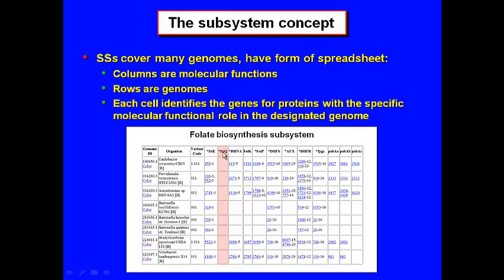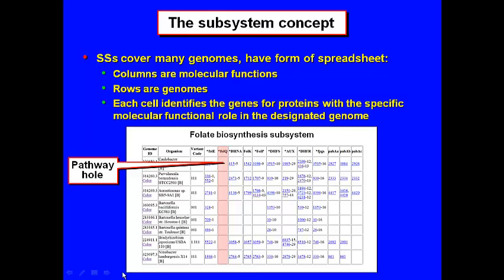So we know that gene exists from biochemistry. We've even given it a name here. But at the time this spreadsheet was constructed, that gene wasn't known in any organism. It was what we call a universally missing gene, or a pathway hole. That's another informal term for it. This gene is now known, and we're going to show you how it was discovered. We're going to reconstruct the comparative genomics of how it was found, which was very straightforward, in a minute.